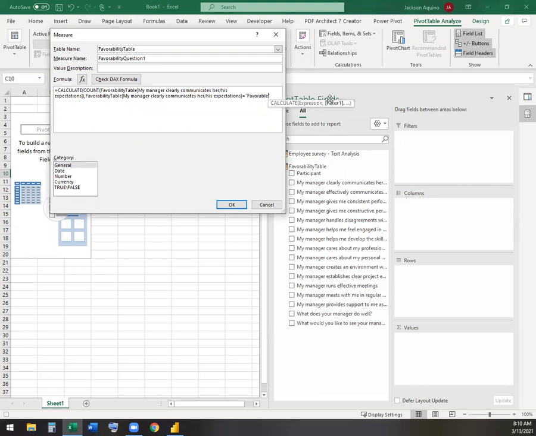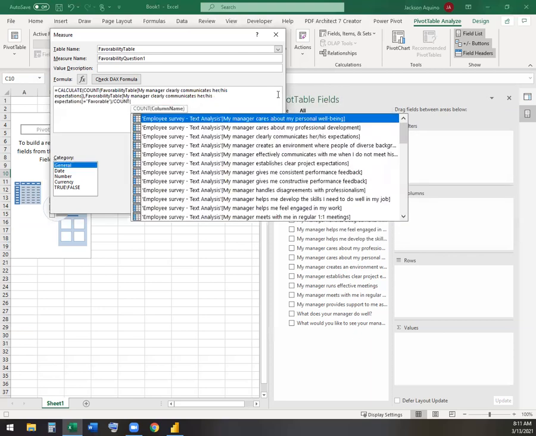And now remember that on this table we don't have strongly agree, somewhat agree, and the other options. We just have favorable, neutral, and unfavorable, which makes our formula right here a lot shorter and easier to understand. So this is it, and we'll divide it by just COUNT of, and I'll paste it again,